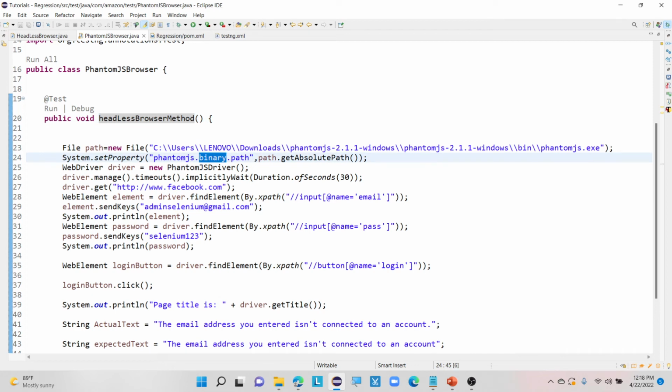Usually how we do it for web drivers: webdriver.edge.driver, webdriver.edge.driver, webdriver.com.driver. In the same way we have to mention that .exe file with the help of this command, that is binary.path. Which means we are providing some intermediate between our Selenium script and PhantomJS with the help of